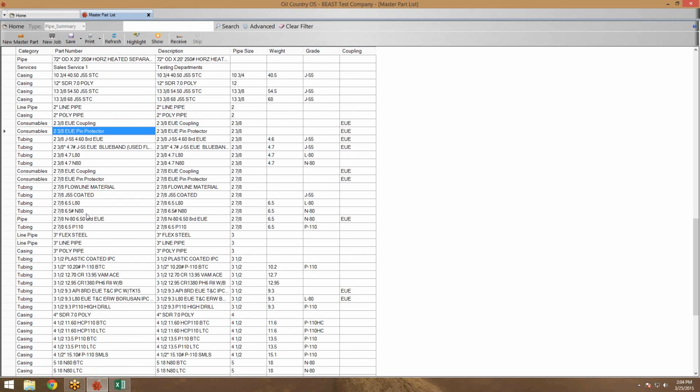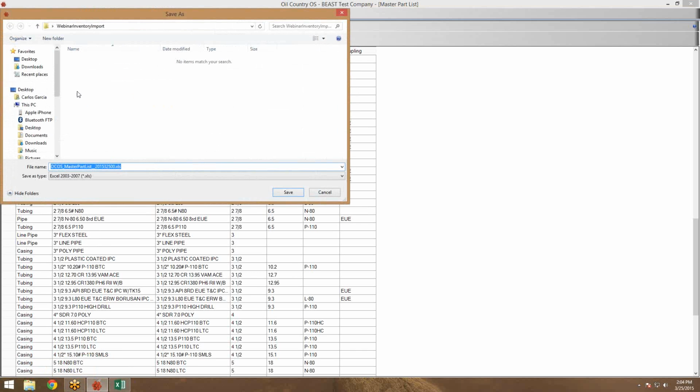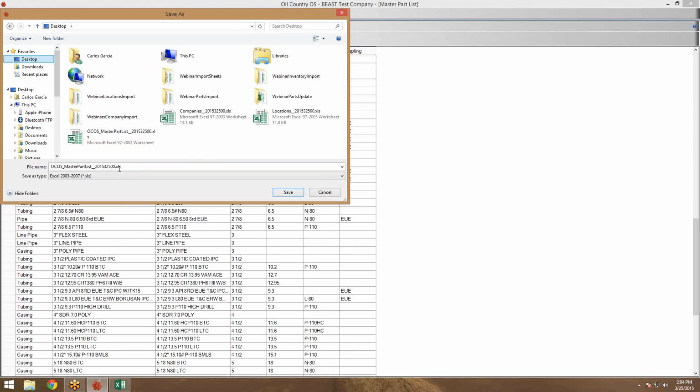So my suggestion would be, in order to avoid conflict with the part numbers and having to remember and export them manually, to use the Save button here at the top. If you click on the arrow to the right of it, you can send it to Excel, which will create the spreadsheet for you. And we're going to put this on our desktop,